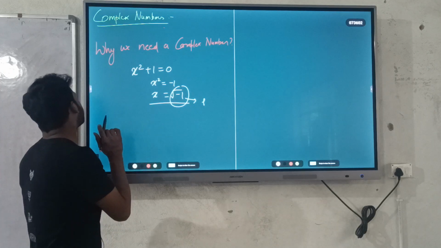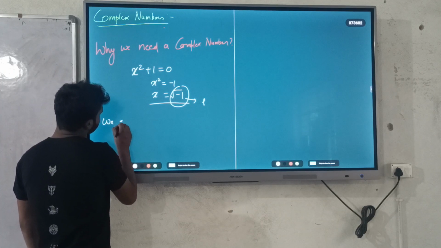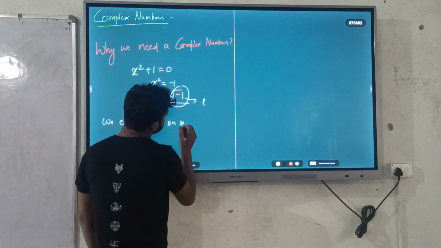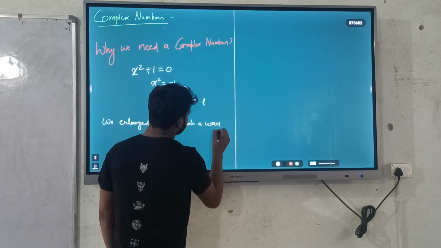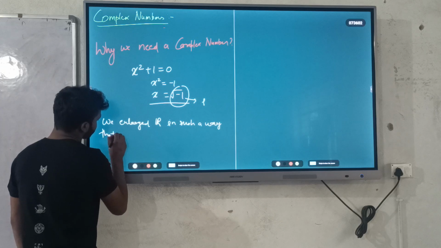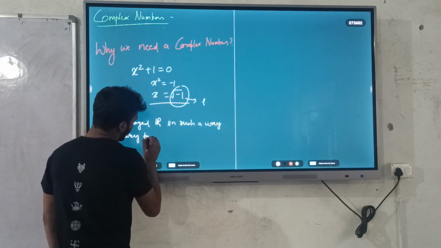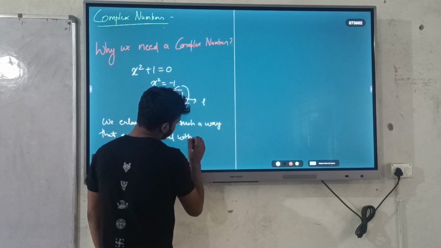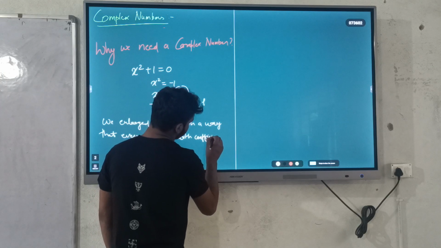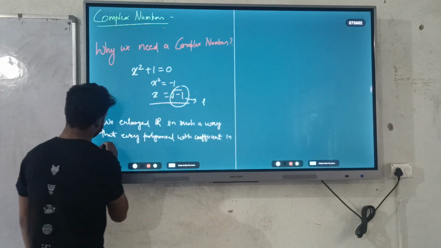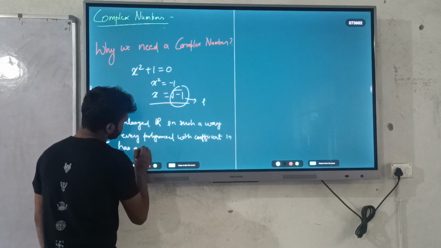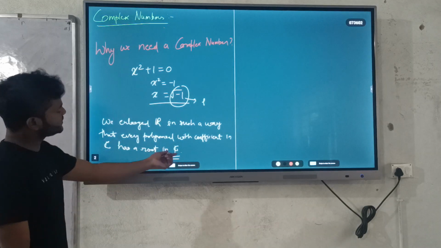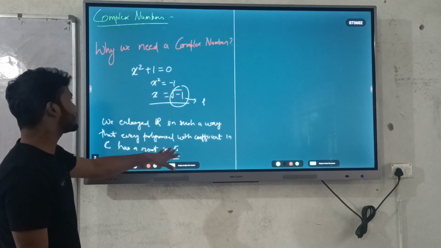So if you want to describe a complex number, what we did, we enlarged R in such a way that every polynomial with real coefficients has a root in C, where by C we denote the complex number system, the set of all complex